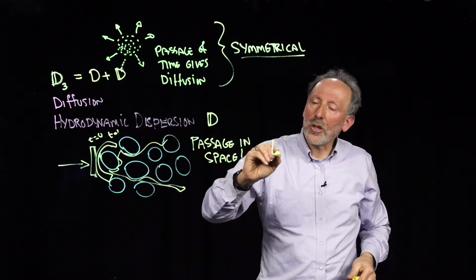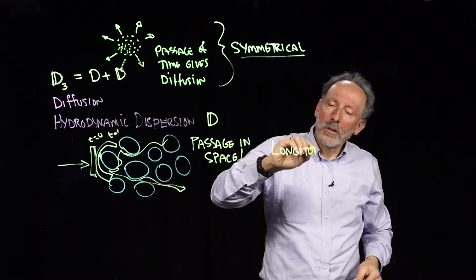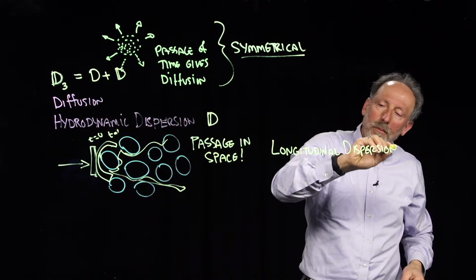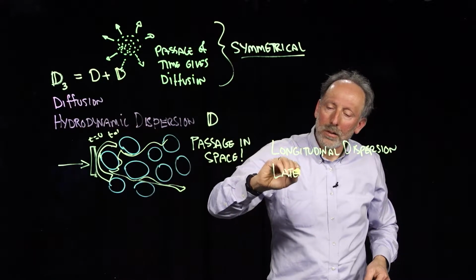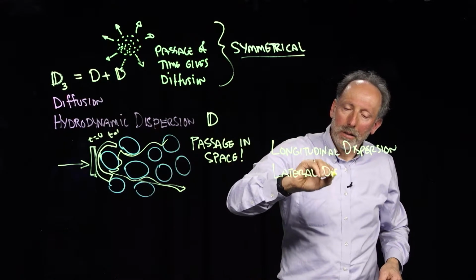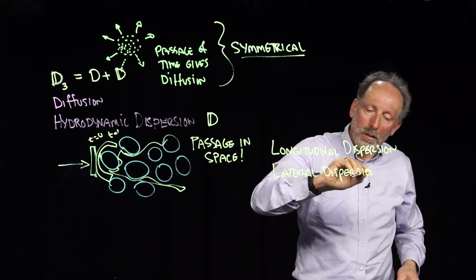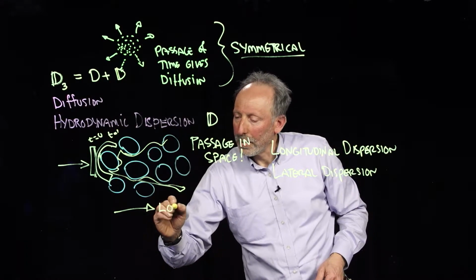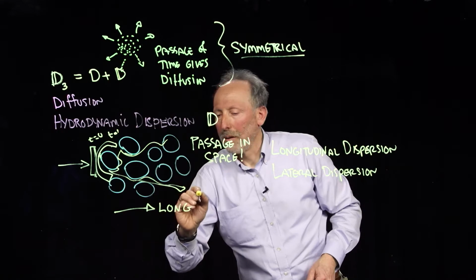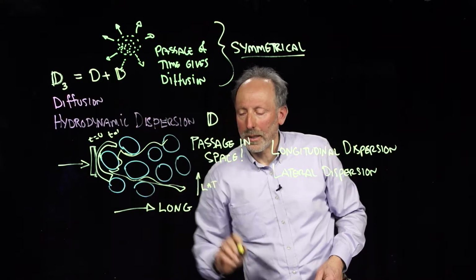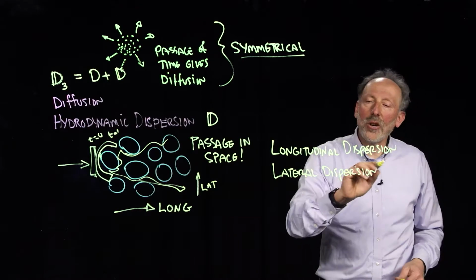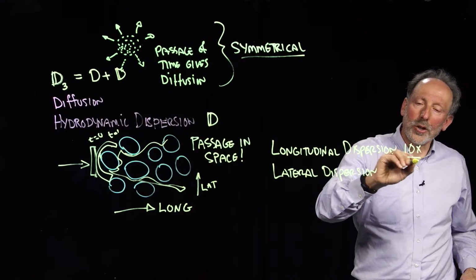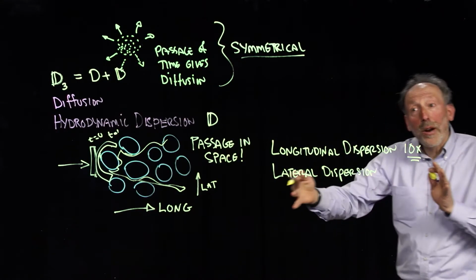So we have what we call longitudinal dispersion and lateral. And so longitudinal is this way, and lateral would be across the direction of flow. And these are usually, longitudinal is usually about 10 times larger than lateral, because most of the spreading happens along